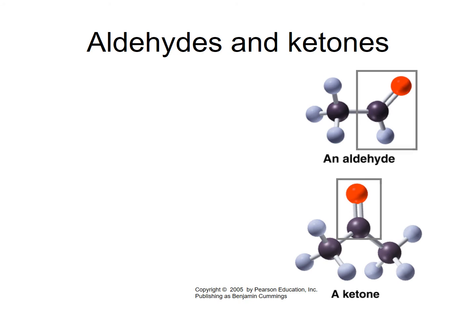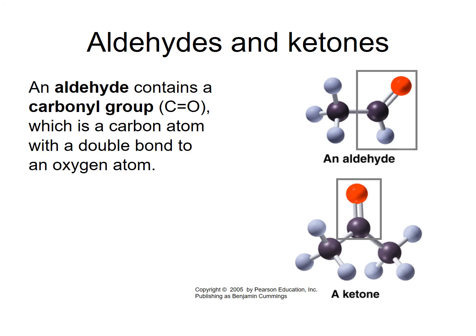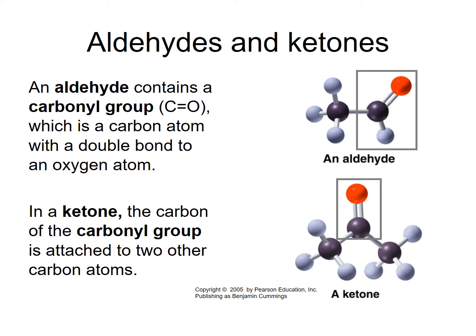If your double bonded O is bonded to the end of the carbon chain, as it is in the top there, it's called an aldehyde. If it's bonded somewhere in the middle of the carbon chain, it's called a ketone. A carbon with a double bonded O is called a carbonyl group. A carbonyl group, C double bonded O, on the N carbon is an aldehyde. A carbonyl group sandwiched between carbons is called a ketone. So these are two more